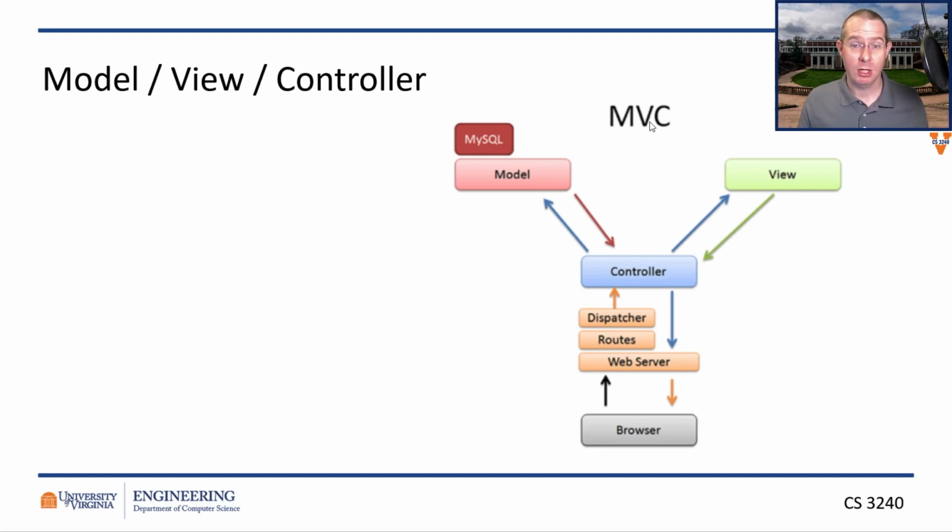Let's review first. So here we have Model View Controller. Remember, the idea of Model View Controller is that we have split out the data, which is the model, the presentation, which is the view, and the controller, which is the business logic or the application logic. So in this example, we have a browser that is sending a request to a web server that is then interpreted by the controller in some way by reading the URL, reading the parameters that come in, and using that information kind of like a method call to say, okay, you want this page that lists all of the students